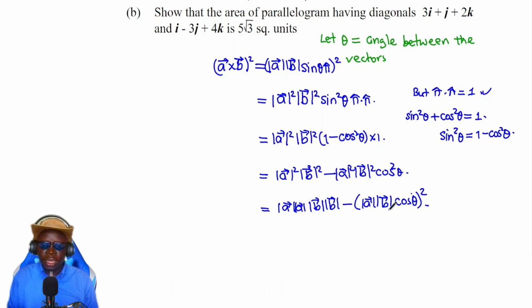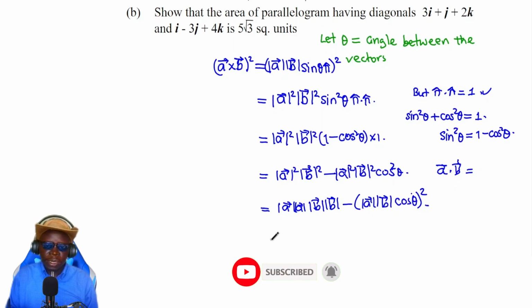So what have you noticed here? This is a dot product. If you have vector A dot vector B, your result will give you exactly this one here. This vector A and B, and the angle between, that is cosine of theta. Now since we know that, then we can replace exactly what we have here, and we have our A times